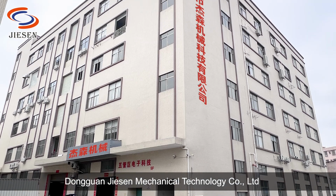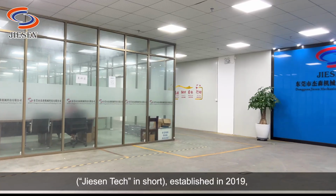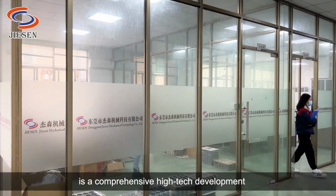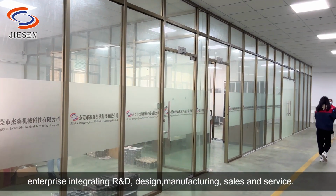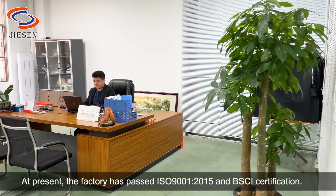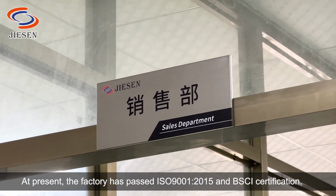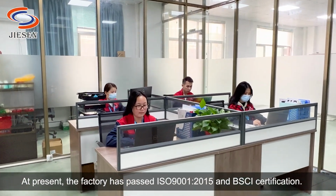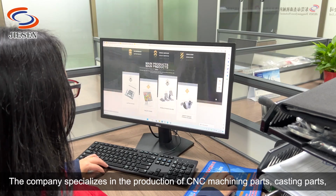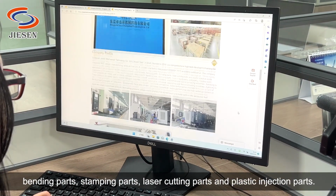Dongguan Jiesen Mechanical Technology Company Limited, Jiesen Tech in short, established in 2019, is a comprehensive high-tech development enterprise integrating R&D, design, manufacturing, sales and service. At present, the factory has passed ISO 9001:2015 and BC certification. The company specializes in the production of CNC machining parts, casting parts, bending parts, stamping parts,